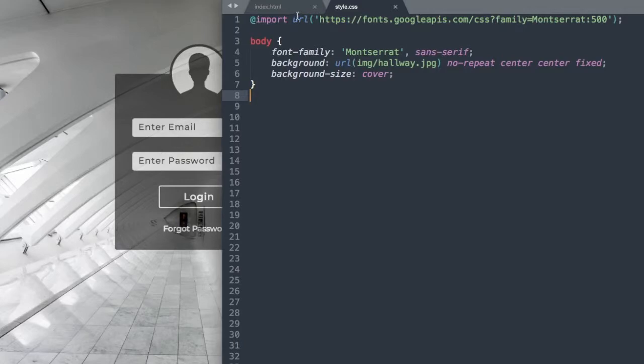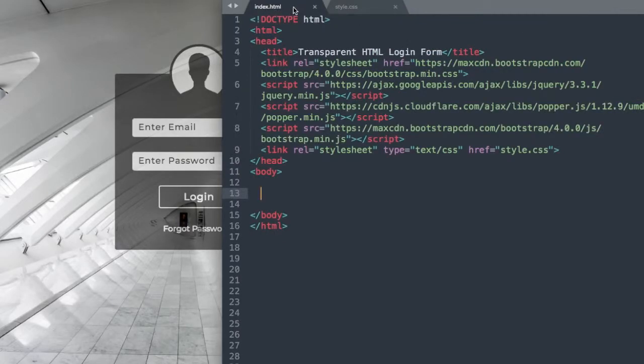Okay, so I'm going to go ahead and put this aside, and let's take a look at our files here, starting with index.html to see what's already included for us. From the top of our document, we have our doctype HTML, then our HTML tag, and inside of the head section we have our title, followed by the latest version of Bootstrap CSS, the latest version of jQuery, then Popper.js, which is recommended for Bootstrap. Then we have Bootstrap 4 JS here, and then lastly inside of our head section we have a link to